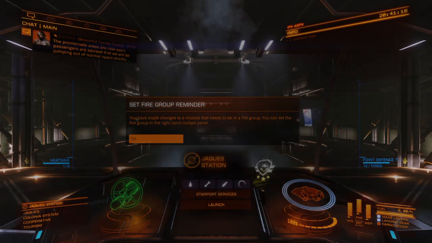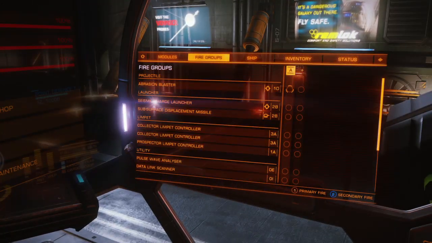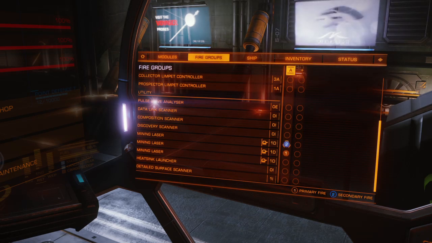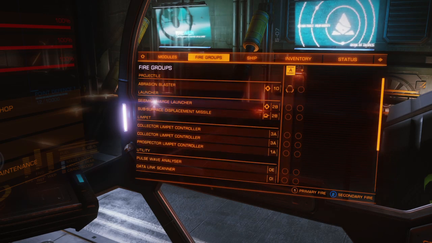Fire group reminder, there it was. I was wondering why that didn't pop up last time. We have to set up our ship, so I will do my standard loadout here. I'm going to turn that off. We'll do our A group, which is going to be the Discovery Scanner on Fire Group 1, and the Detailed Surface Scanner on 2. And then we will do...